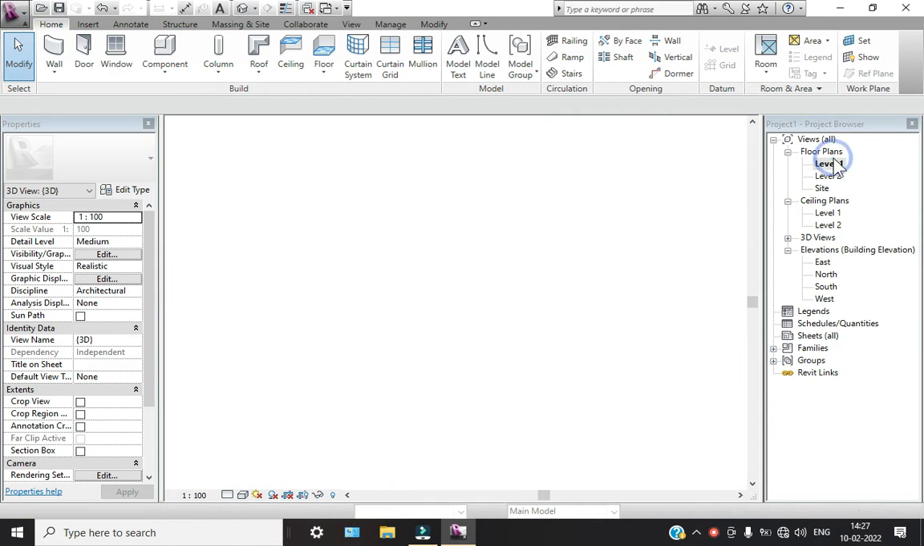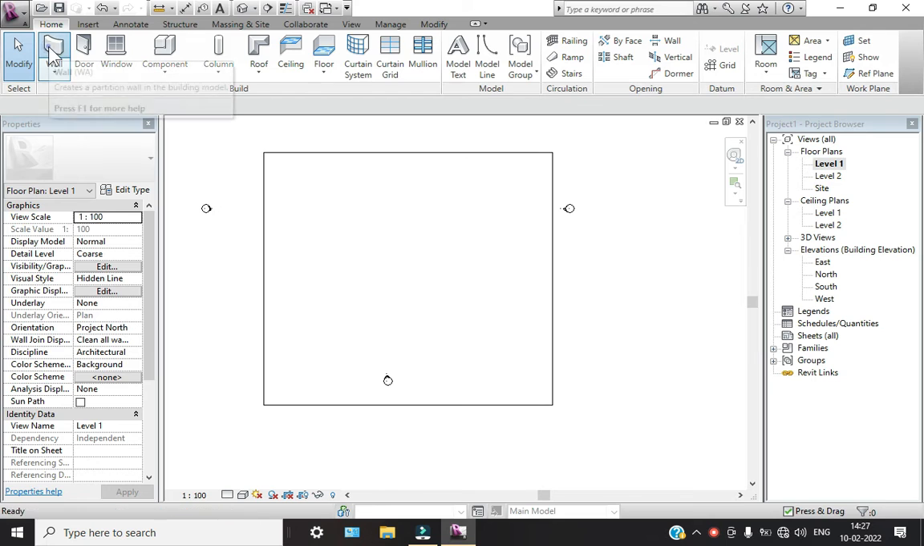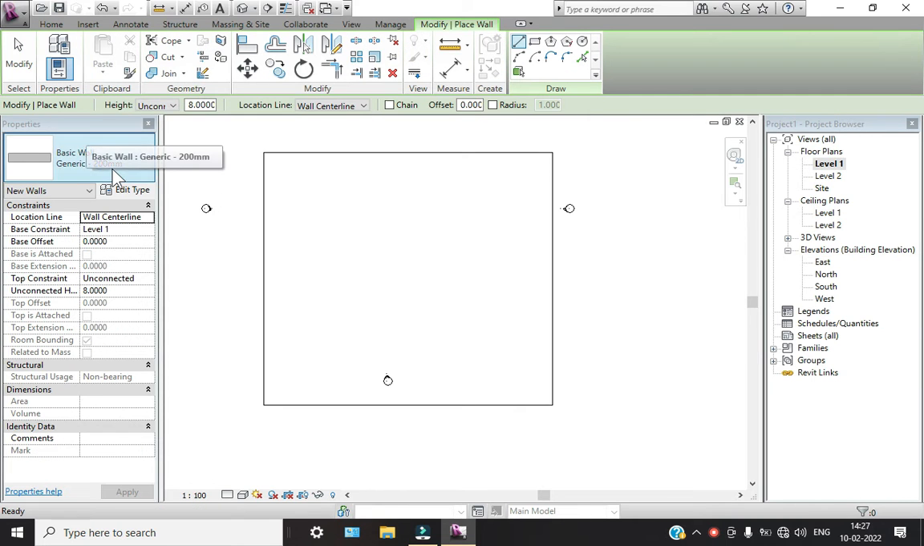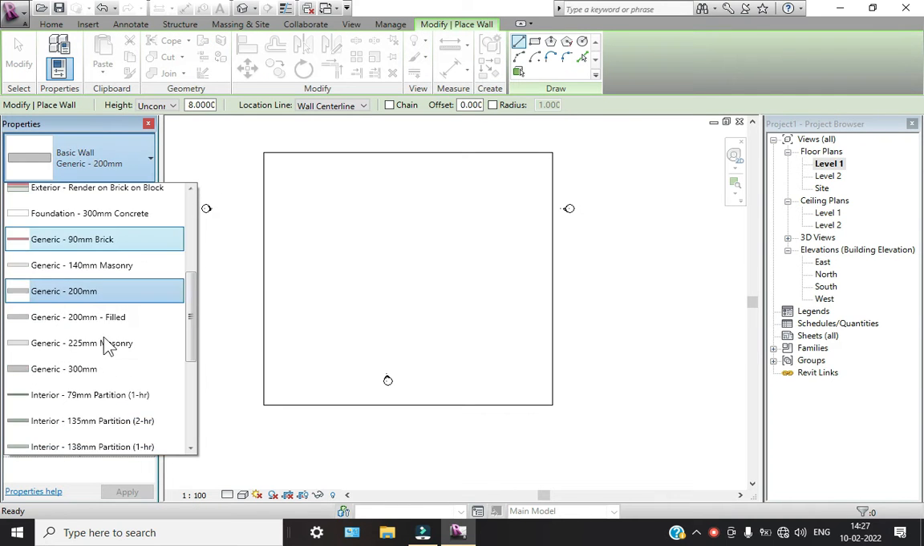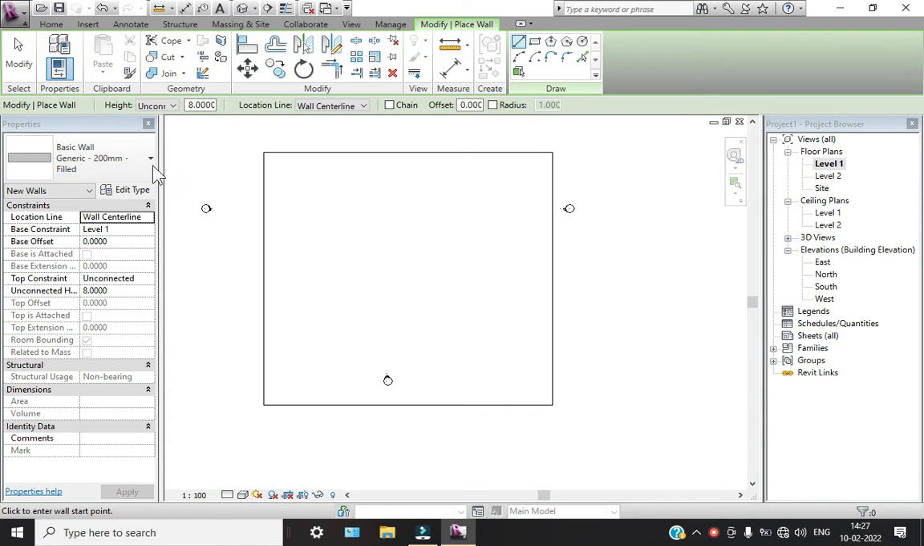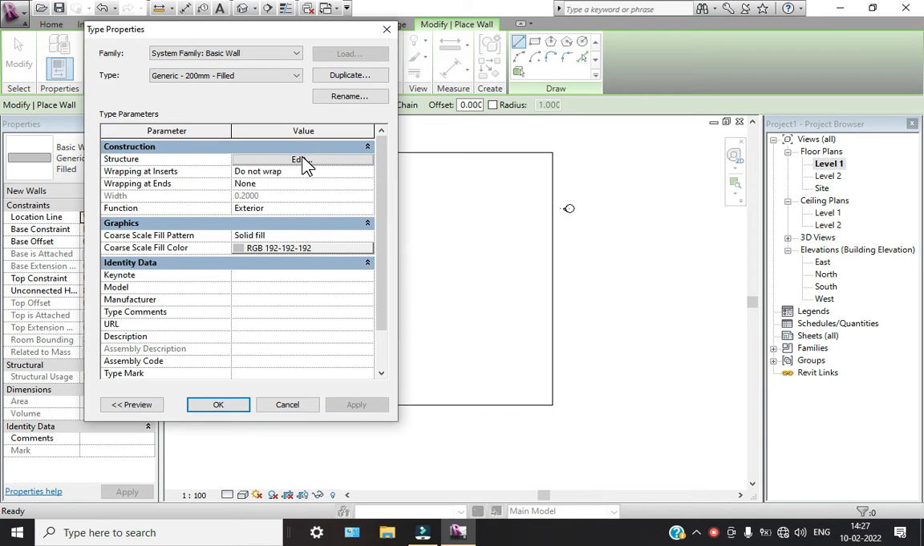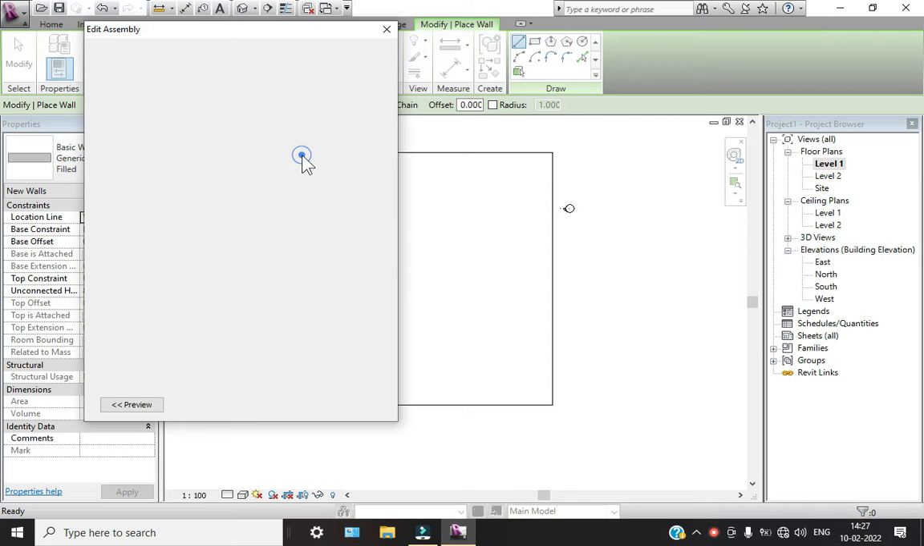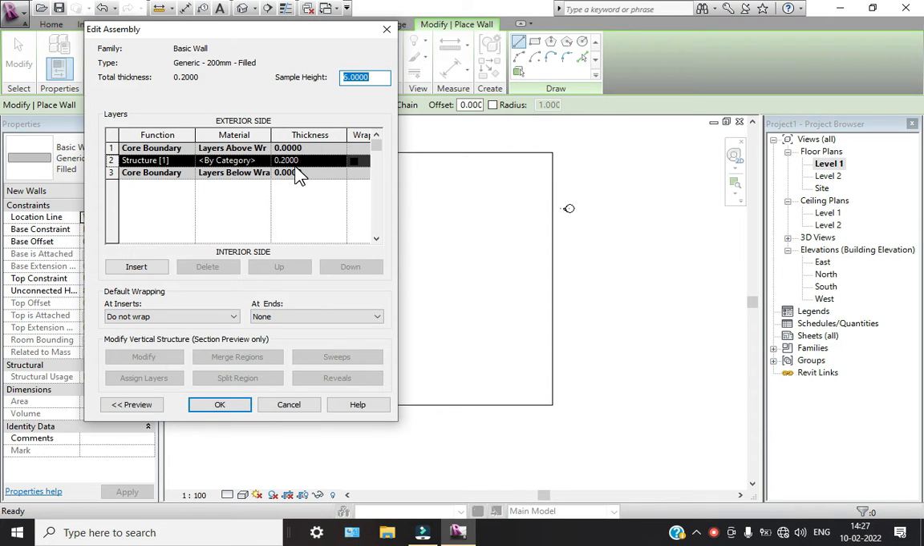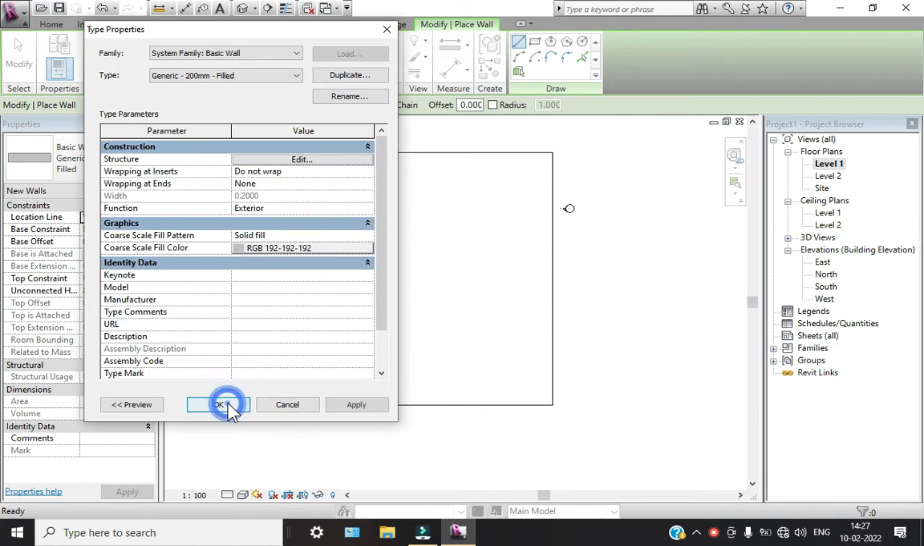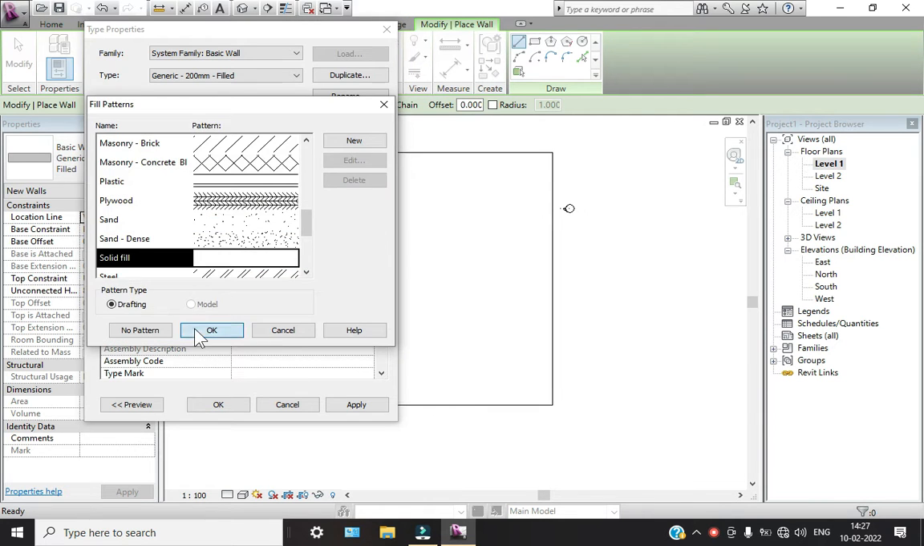So now we will take the walls. So I'm taking the generic 200 wall, right? I'm taking 200 filled. So again go to edit. So here we're going to take this as 0.2 thickness, right? So it is a solid filled. Okay. Now